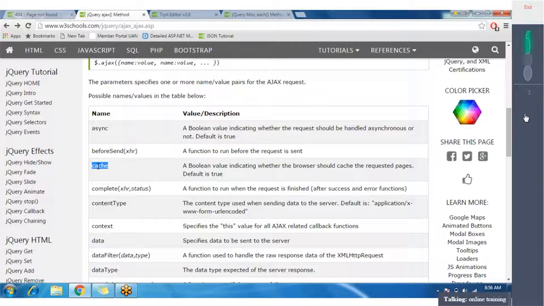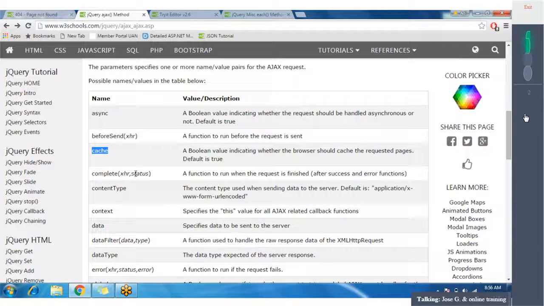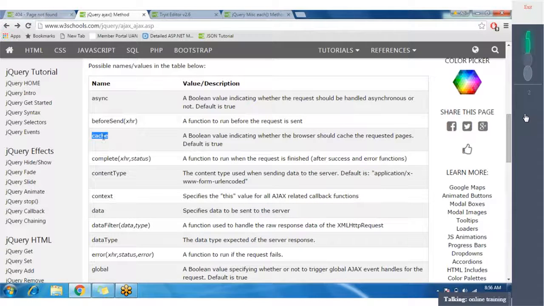Next is cache. Cache is nothing but a place where you can store your data temporarily for a given time period. Suppose you want to allow your browser to cache the data, for something which you need every time, some data which is needed in every call or which everybody needs.